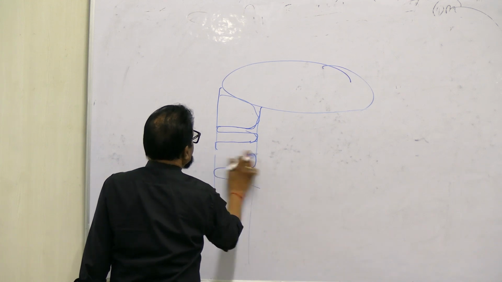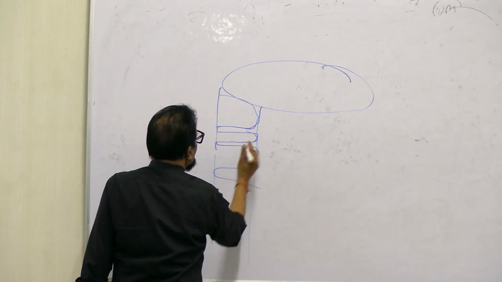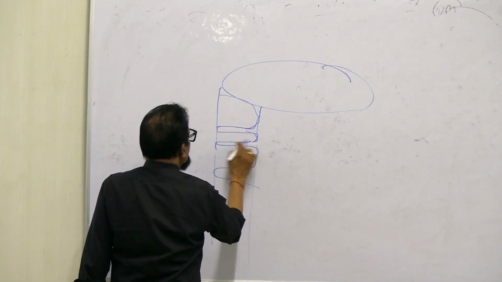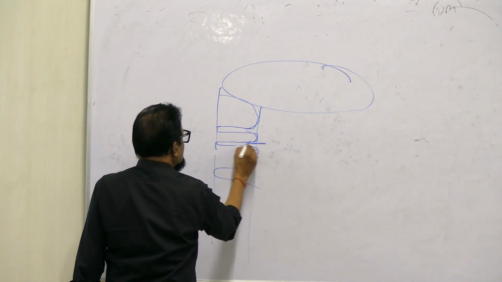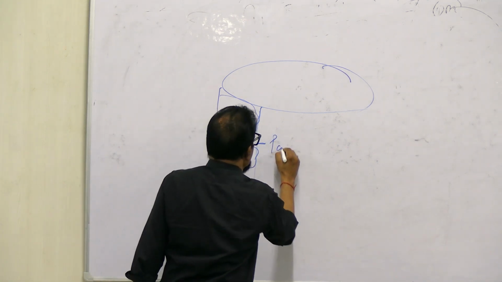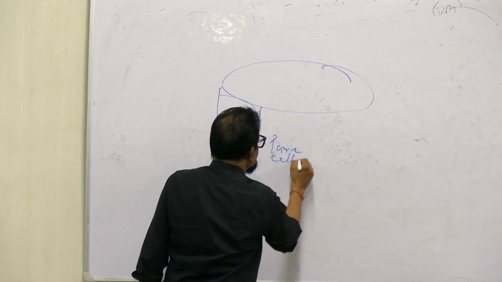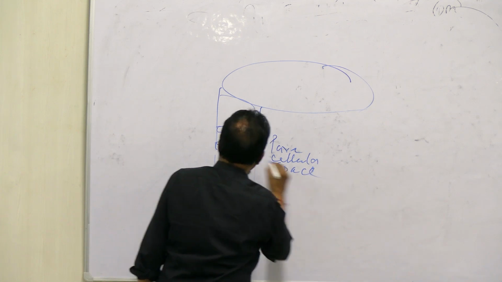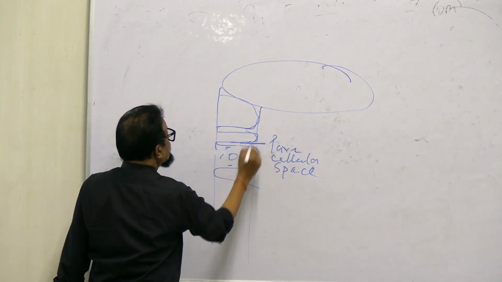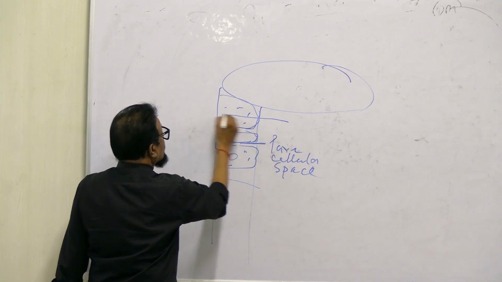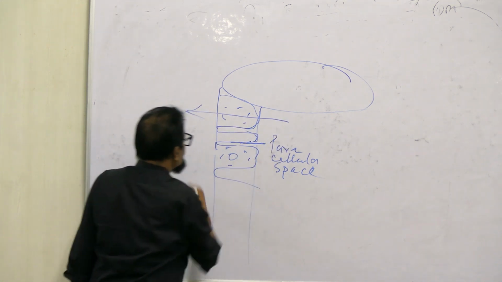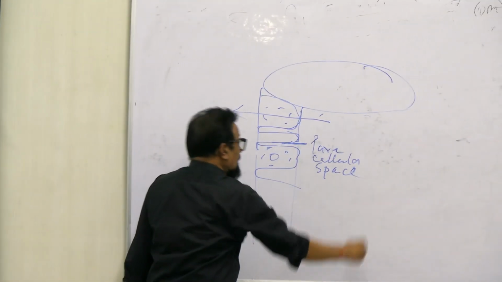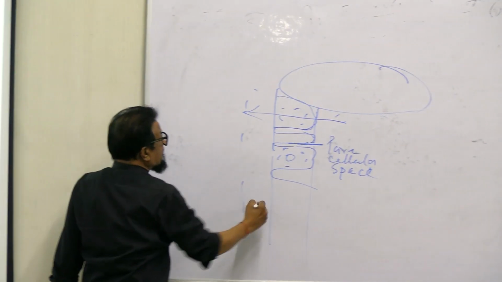Epithelial cells. This is the paracellular space, and this is the cell, transcellular transport. So here, this is the lumen of the renal tubule, and here is the interstitium,